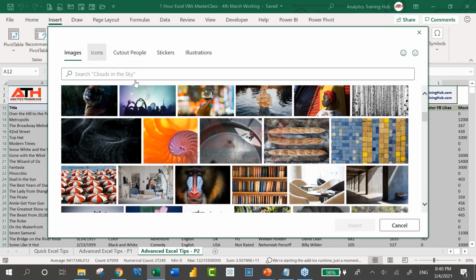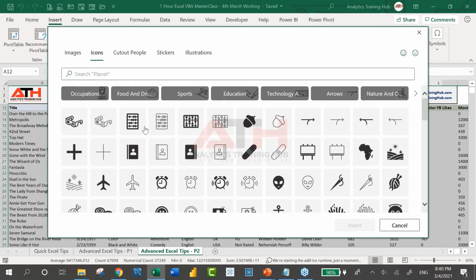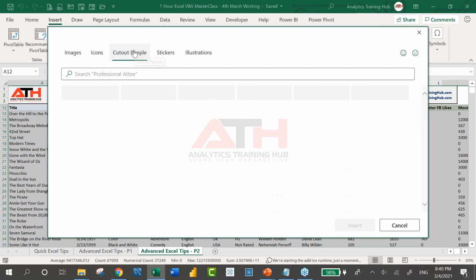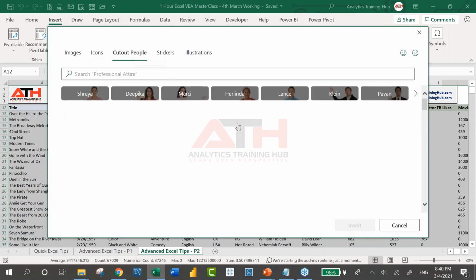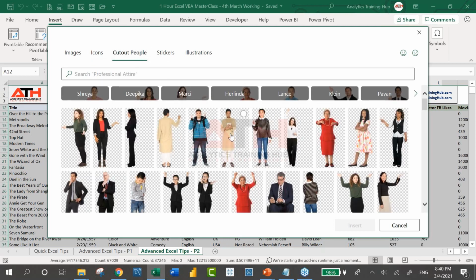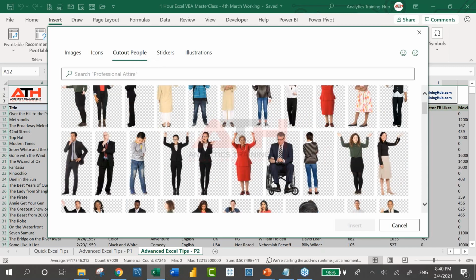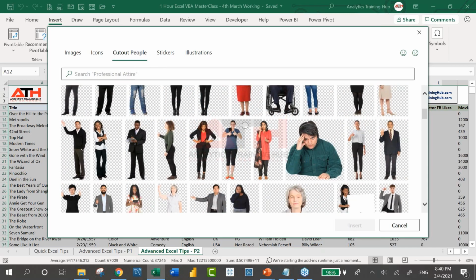Here we have got icons also. For this, we earlier used to go to Google and take help while making the presentation. And cutout people, this is something really interesting, guys. Now you can see we have got cutouts of people, which can be used to make your presentation look better.